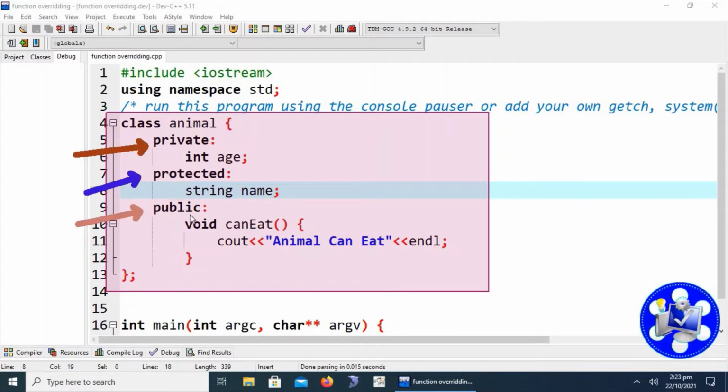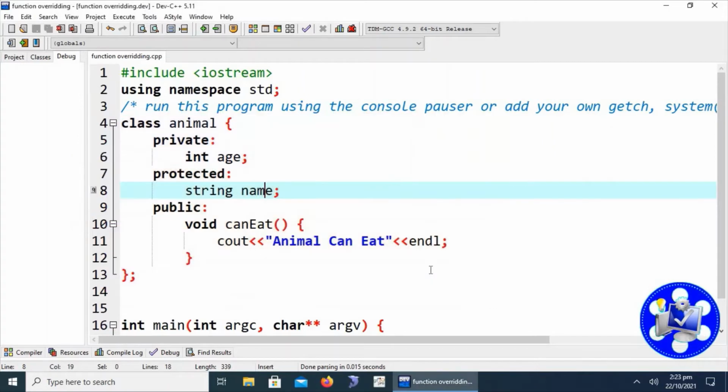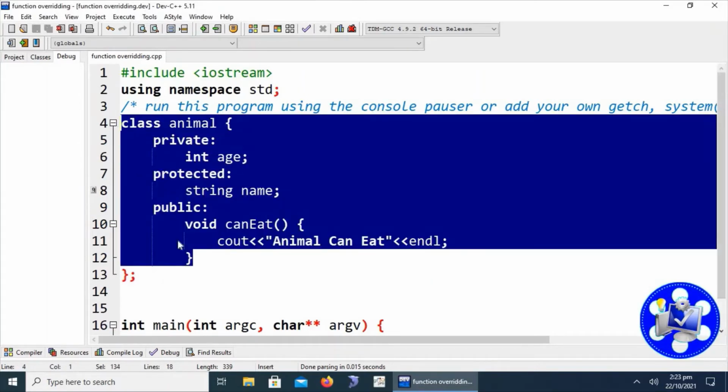We have already discussed in the previous session that private members or functions are not accessible anywhere outside the class, whereas protected members, data attributes and functions are accessible only in derived classes, but are also private outside of the class. The public access specifier's data members or member functions are accessible in derived classes, child classes, as well as outside of the class. This was already discussed and reviewed.